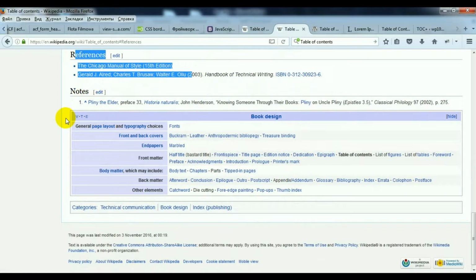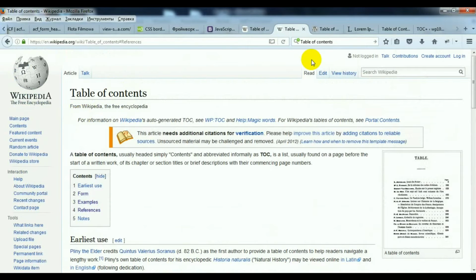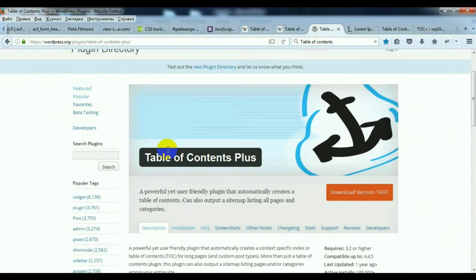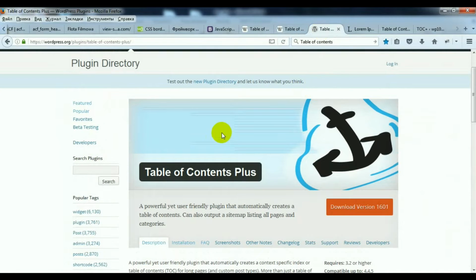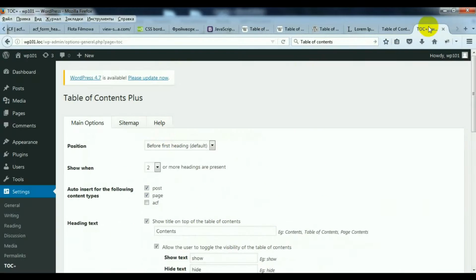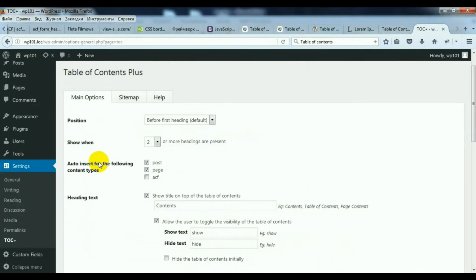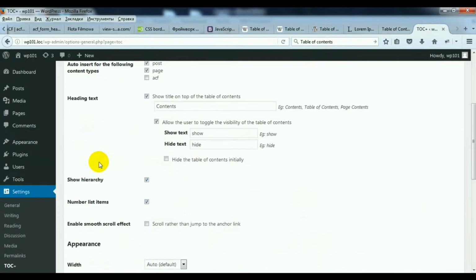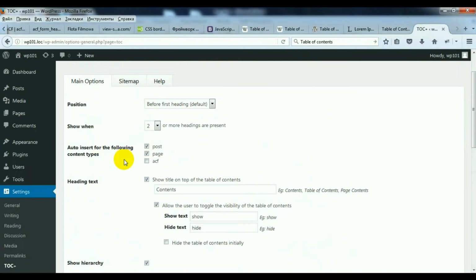So how can you install it on your WordPress site? There is one good plugin designed especially for this purpose, and I already installed it on my example site here. There are a lot of settings that you can configure and make it work for you.